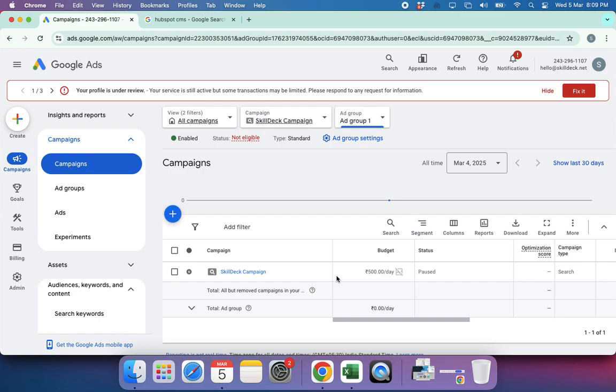So this can be triggered by this term, correct? Everybody? Yes, sir. Okay. So now what I'll do is I'll just pick enabled and see how many keywords I have. I have 1, 2, 3, 4, 5, 6, 7, 8, 9, 10 keywords, correct? Now if you look at this, these 10 keywords have triggered